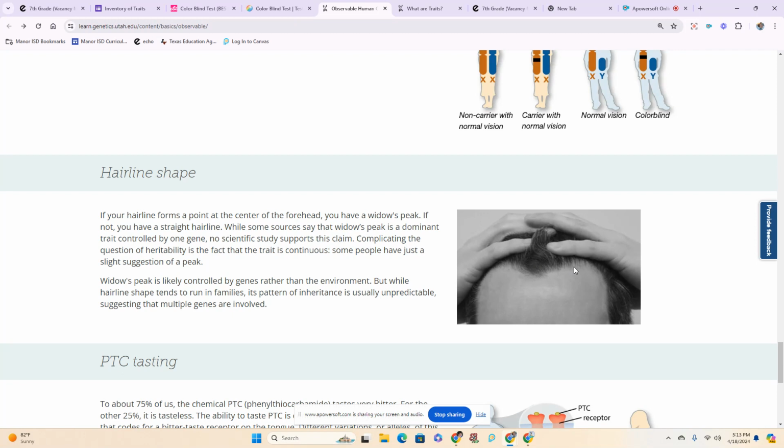Complicating the question of heritability is the fact that the trait is continuous. Some people have just a slight suggestion of a peak. So if you just have a slight suggestion, then say you have a peak. Widow's peak is likely controlled by genes rather than environment. But while hairline shape tends to run in families, its pattern of inheritance is usually unpredictable, suggesting that multiple genes